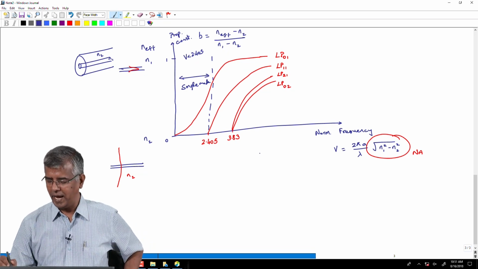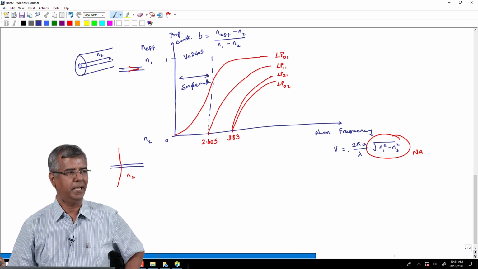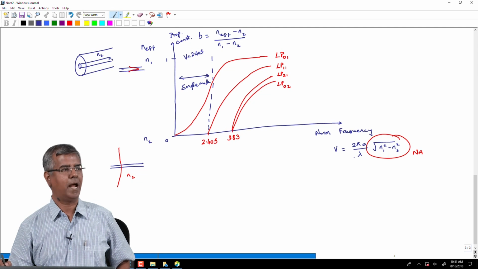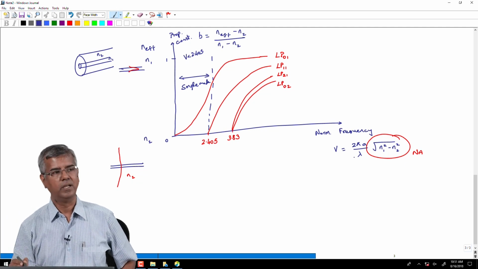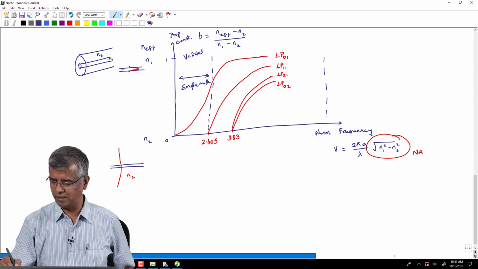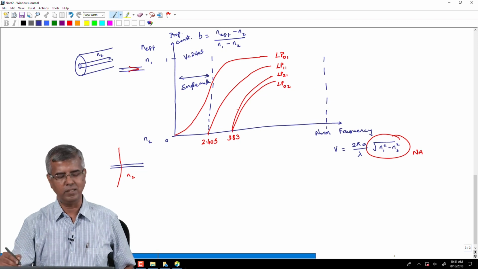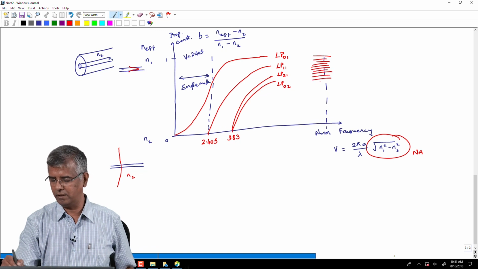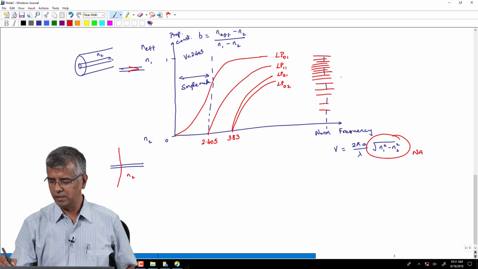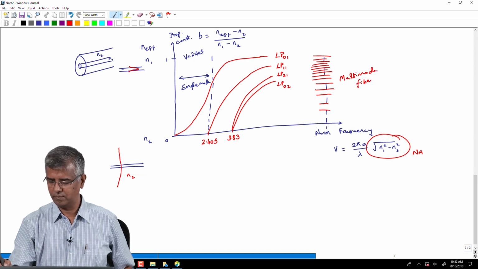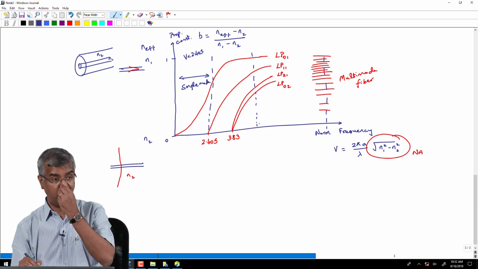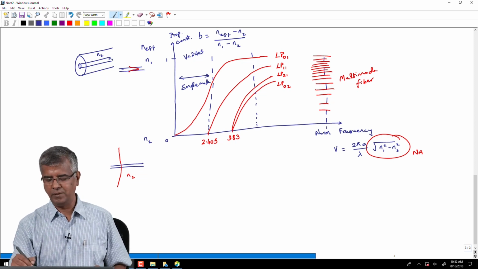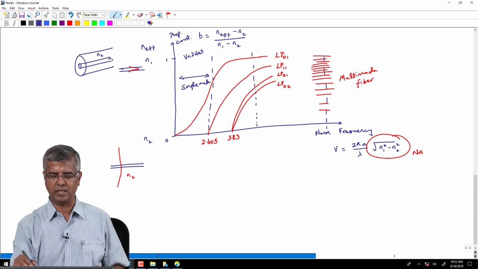Or alternatively, if I have a condition where D, which is 2A in this case, is much greater than lambda, then the value of V is very high. V could be 10 or maybe 100 also, and if you have that region, so you are looking at somewhere over here, and within that you are going to have all these modes, there are going to be hundreds of modes here. So, a very high value of V would correspond to a multimode fiber. And then you could of course have a fiber where for a given wavelength the V is defined somewhere over here,